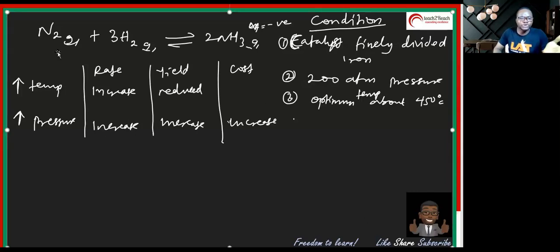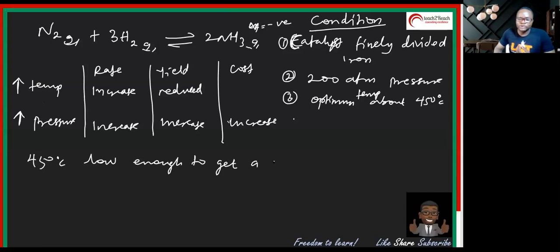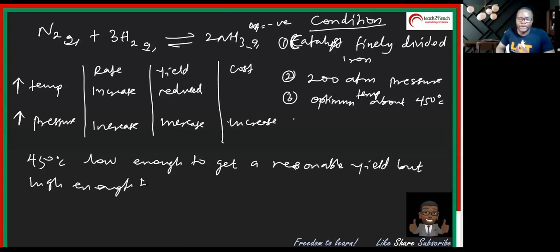So why do we use the optimum temperature of 450 degrees Celsius? 450 degrees Celsius is low enough a temperature to get a reasonable yield, but high enough to have a rate of reaction